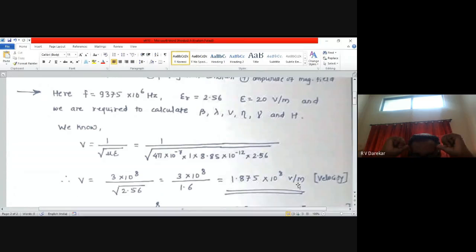He will not be able to run at that much velocity. That is what is happening. Medium is going to change. What is the indication of this medium? Instead of epsilon r equal to 1 for air, here it is epsilon r value 2.56, which is more than 1, and that quantity is in the denominator.